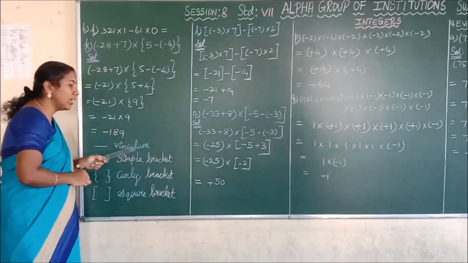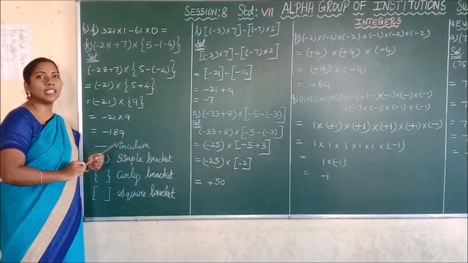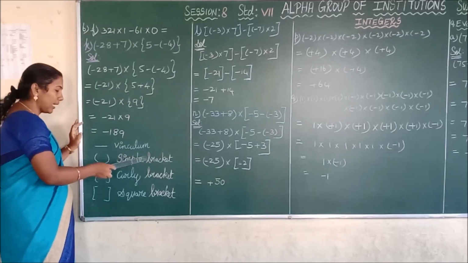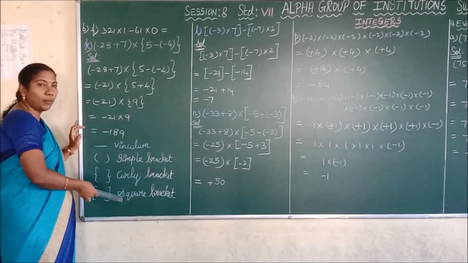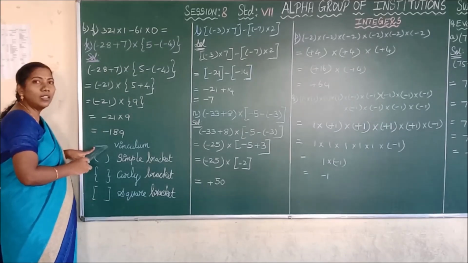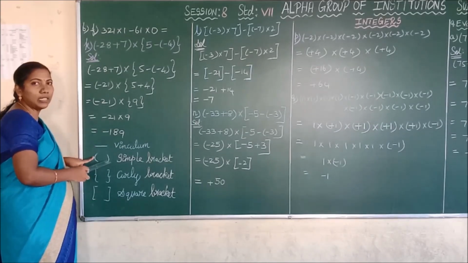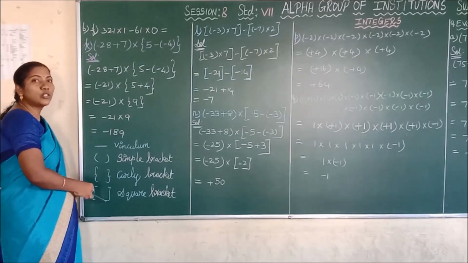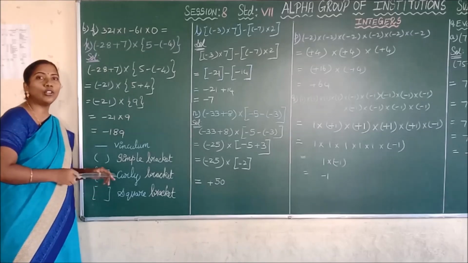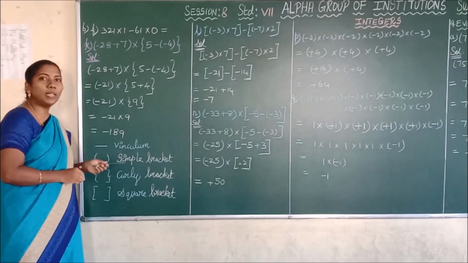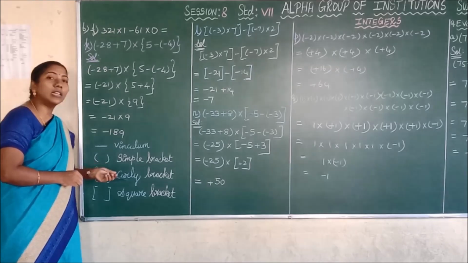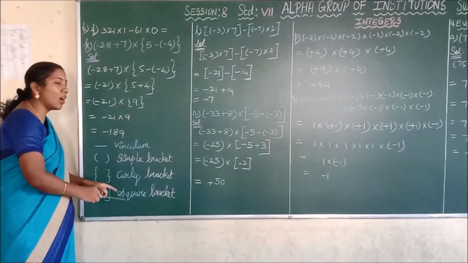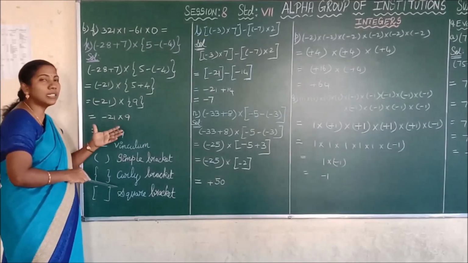Before that, we have to recall the types of bracket as we saw in the 6th standard. What are the types of bracket we have seen? Yes, vinculum, simple bracket, curly bracket, square bracket. This is called vinculum, this type of bracket is called simple, this one is called curly bracket, and this is called square bracket. In 6th standard itself, I told you a story. If you win means you should be simple. Then they will provide curly brackets in a square box. Like that, I told you a story to remember the order of the brackets.